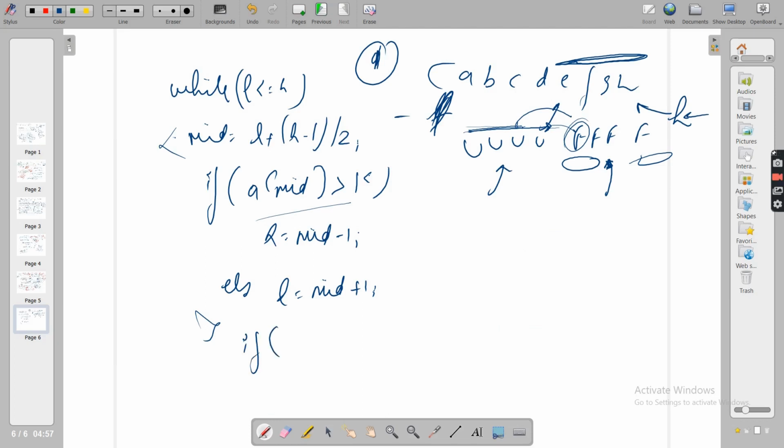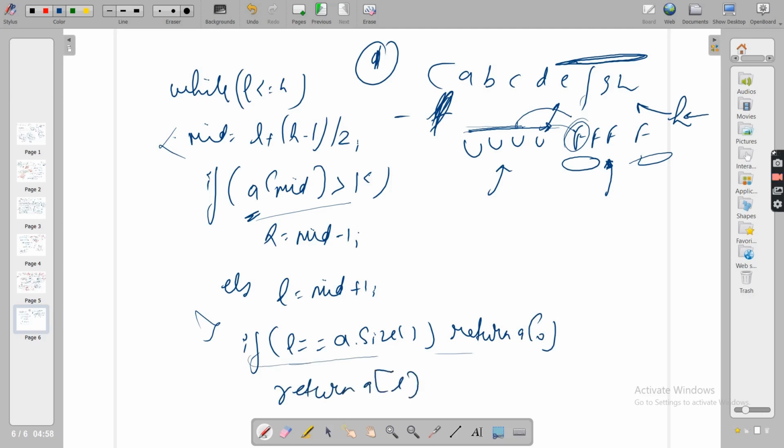So you just check if L is equal to A dot size. If this is the case, return A of 0. Otherwise, simply return A of L. That's it.